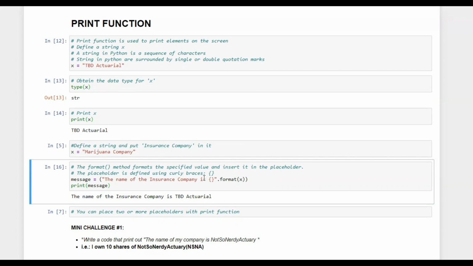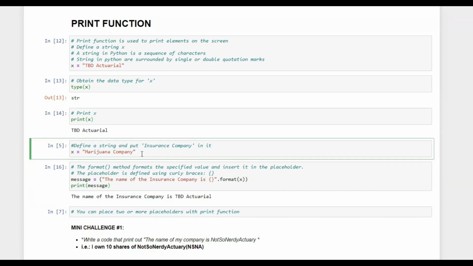Now, why did it say TBD Actuarial? Because we defined x as Marijuana Company, which is input 5, but the latest value of x is TBD Actuarial, which is input 12. So make sure that your inputs are correct. I intentionally didn't run this command to show you how it does not run properly.